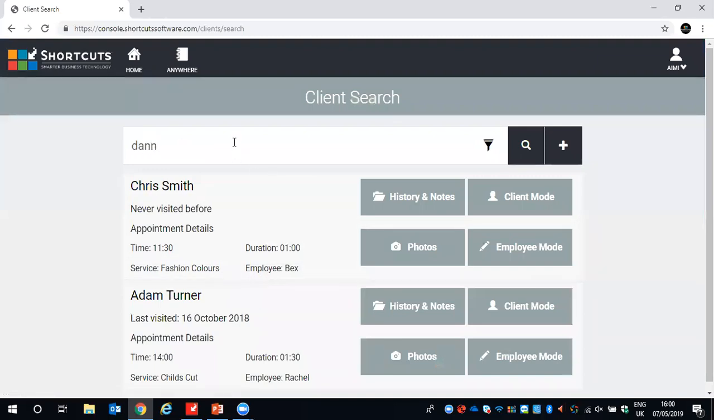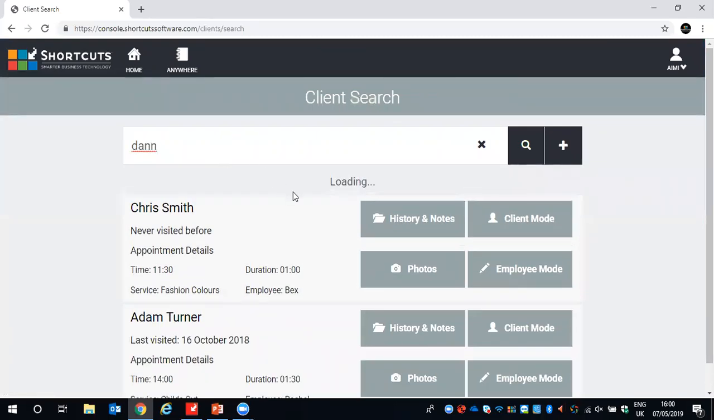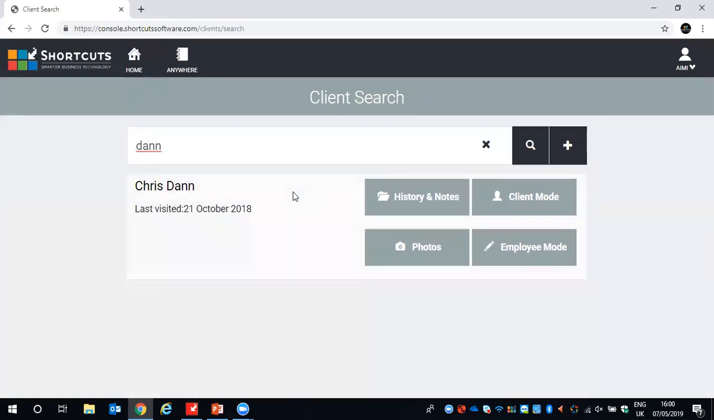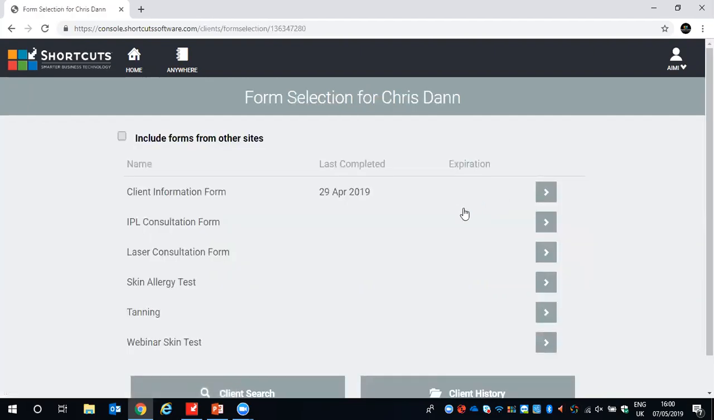find the relevant client, choose client mode as if you would normally when they're filling out the client information cards. Then this time you will see a list of any custom client information cards available. And there you'll see down the bottom, ladies and gents, we have our webinar skin test. Once we click onto that,